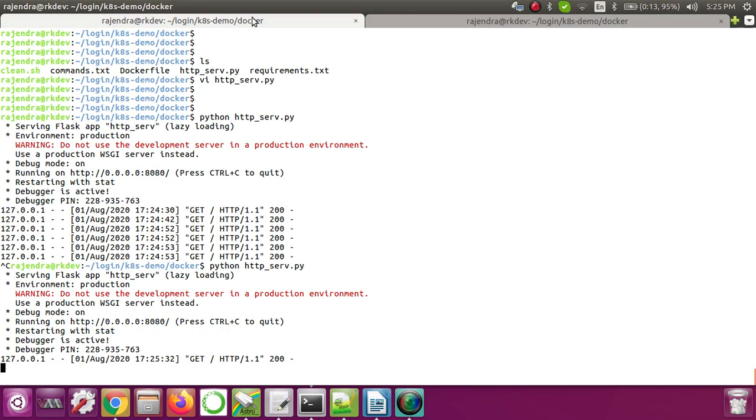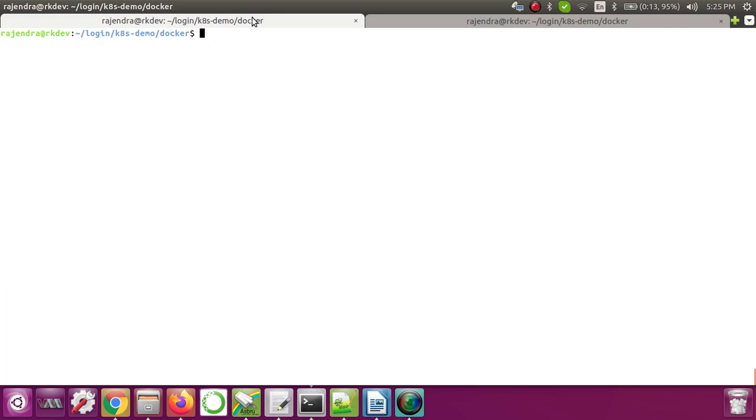That's why you will not see the difference in how resources are getting utilized. But if there is a very huge application that you want to deploy on a host machine, managing that application becomes difficult.